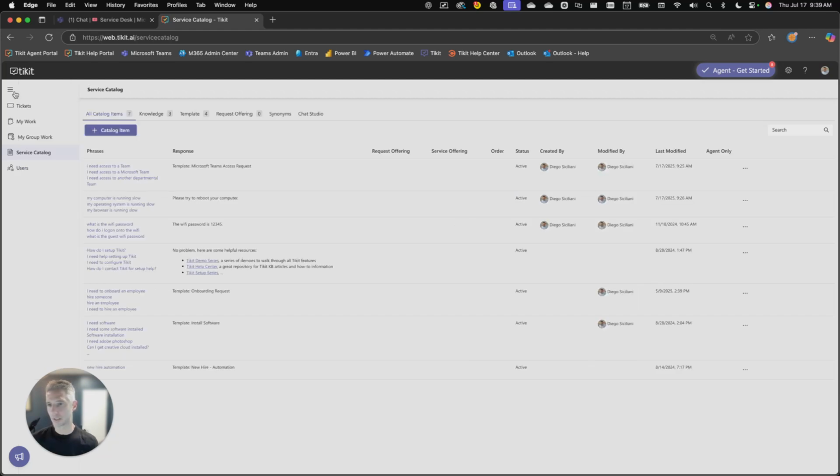I'm currently logged in to web.ticket.ai as a ticket admin named Diego. And what I want to do now is show how we can interact with this within Teams. Now, technically, this template here is already available in Microsoft Teams. So if an end user right now were to ask for anything associated with access to a team, they would bring back this template/form. Before we show you how that works, we also want to show you how to add